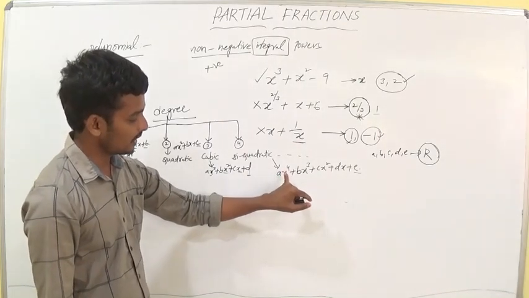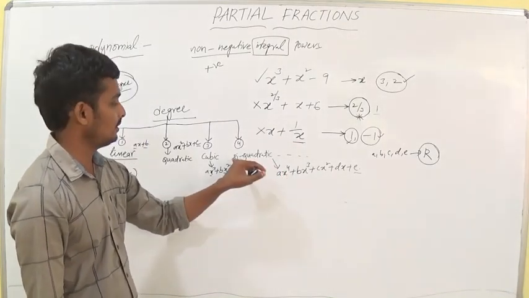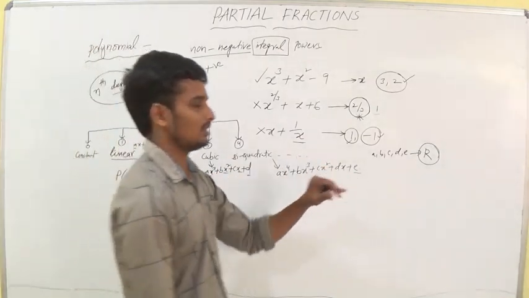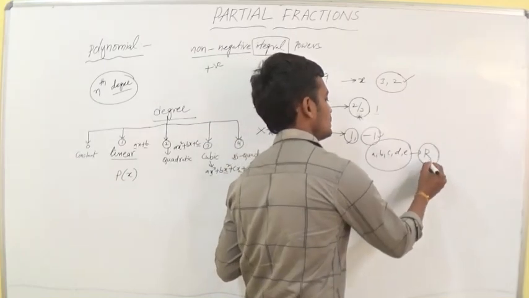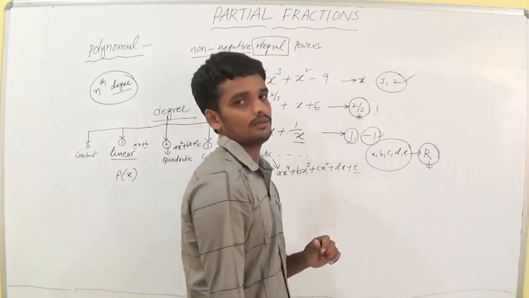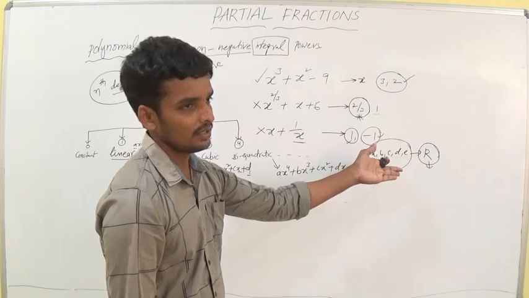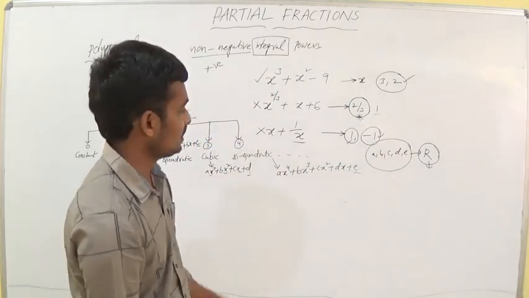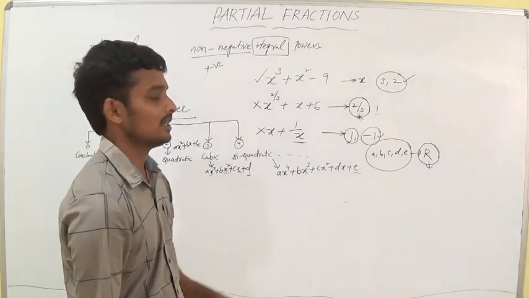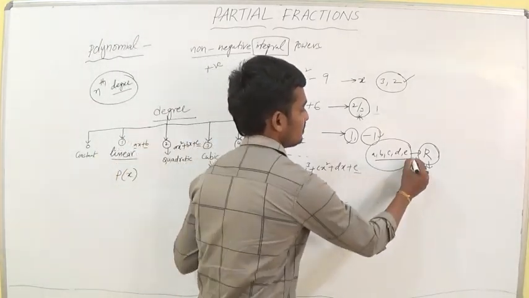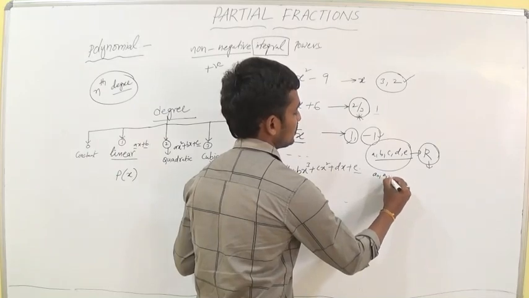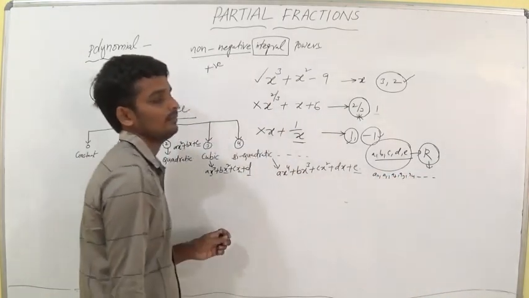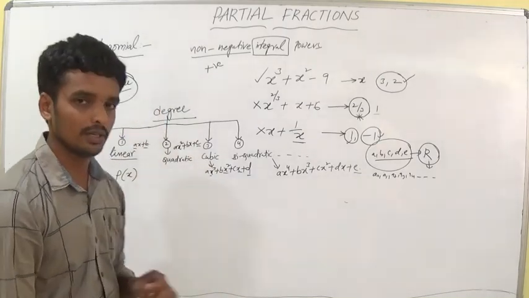Here a is the coefficient of x to the power of 4, here the coefficient of x cube, here x square, here x. But what are a, b, c? a, b, c are real numbers. Real number means either a rational number or irrational. So can you write the general form of these polynomials by using, instead of a, b, c, d, e, a1, a2, a3, a4 and so on?